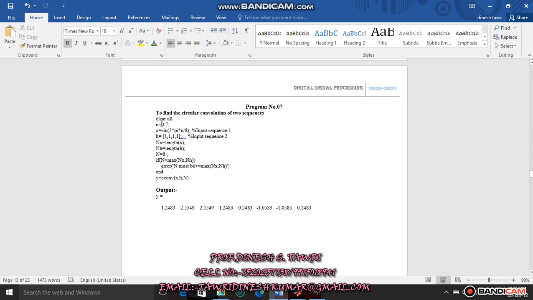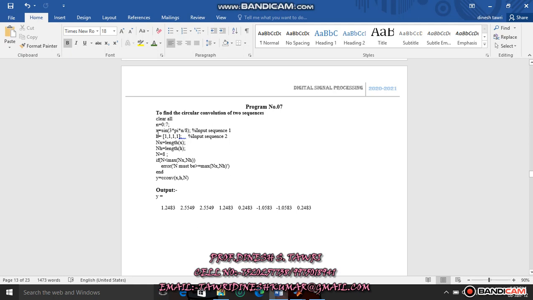As we know there are 8 samples in the first sequence, write small n equal to 0 to 7. After that write a semicolon and enter into the next line.